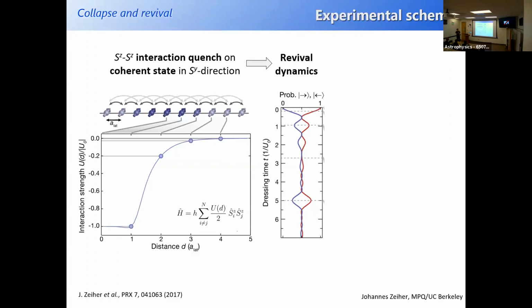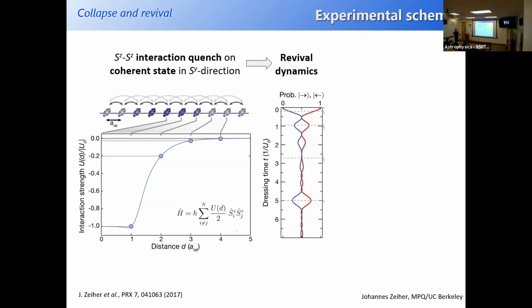You start with a fully polarized chain, and then interactions dephase you, and then because of the finite number of frequencies in the system, we would actually expect these revivals, and these revivals would carry the trait of this interaction. This is actually a very good way to learn about the shape of the interaction.